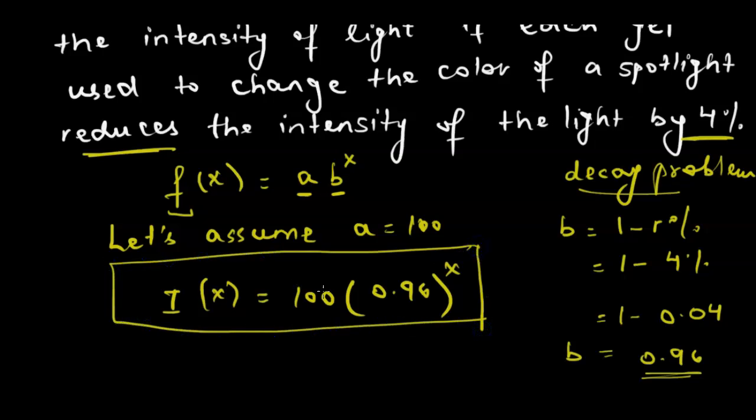So our goal is basically to fill in the values of a and b. We find b by using the equation 1 minus r% or 1 plus r%, depending on whether the problem is a growth or a decay problem. Once we get the value of b, we fill in the gap for b. And a is most of the time given in the question. If it's not given, then we can use either 1 or 100. It's easier to solve problems using 100, so I would recommend using 100 over 1. And this is how we write the equation for an exponential function problem. And if the question asks you anything to be solved from the equation, then we can use this particular equation to solve the problem further.